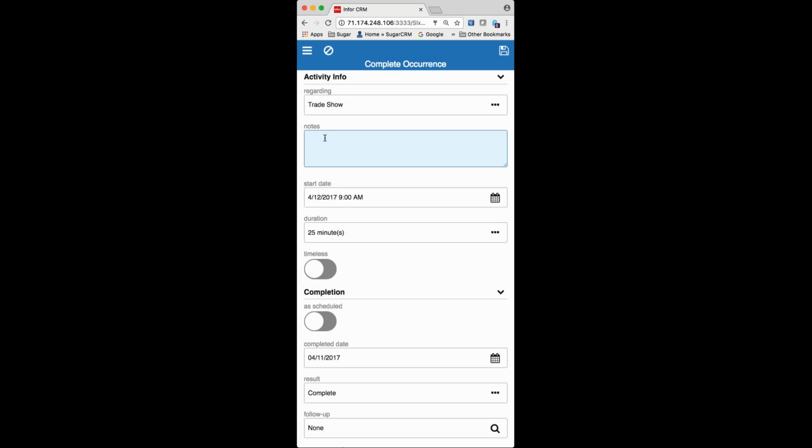I'm in seeing John Abbott. I've come out of the meeting. I'm sitting in the car. I'm about to drive to the next appointment. I can open up the activity representing the meeting with him, and I can start typing, I can start speaking, had a great meeting, reconnect in 2 weeks. I could have spoken that using Siri rather than, I was typing it obviously, but if I was able to,